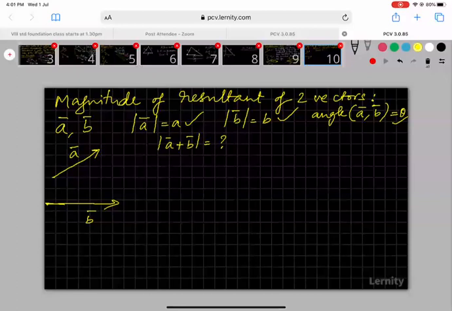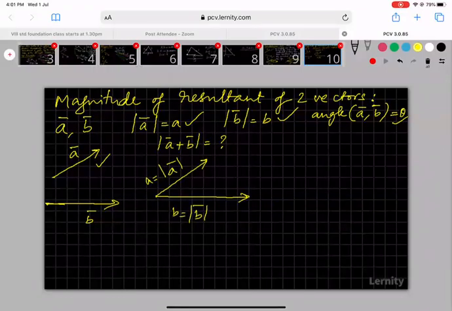That is there in the textbook also, so it will be easy for you to refer. I'll use the parallelogram law. First I'll do it diagrammatically. So this is A bar as shown. This is B bar as shown, let us say. I'm just drawing it bigger. Magnitude of this is equal to A, magnitude of this is equal to B. Means the length of that side is A, length of this side is B. That's what it means. And then if you construct a parallelogram on it,